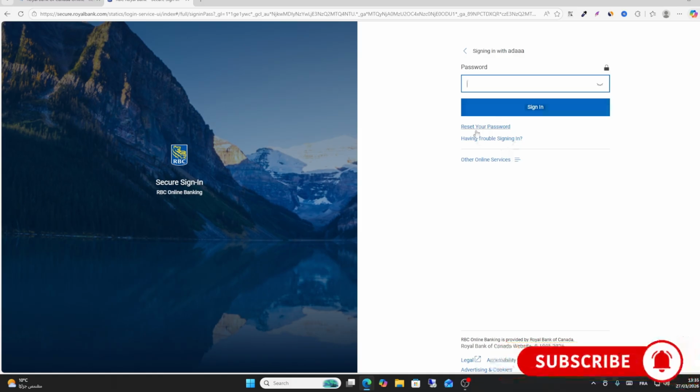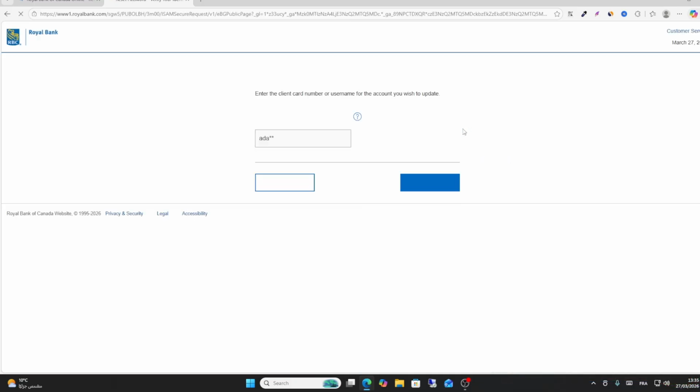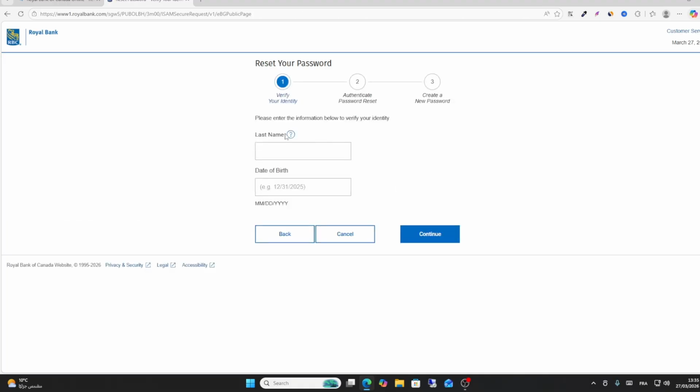If you forget your password, just click reset your password, click your client and then click continue. After that, write your last name and birthday. This is for identity verification, and then you will reset your password, and then you can create your password successfully